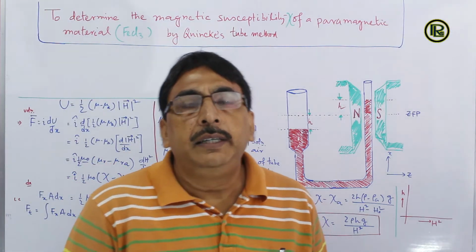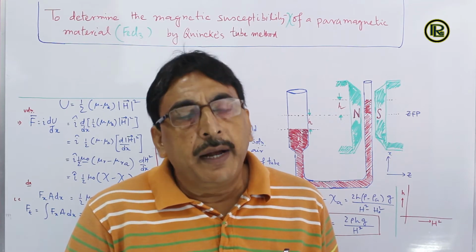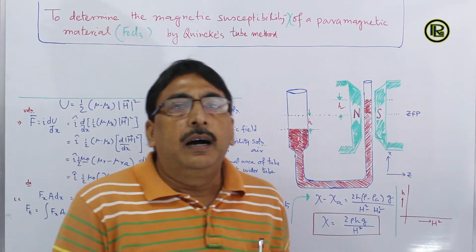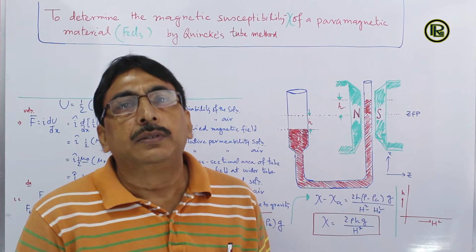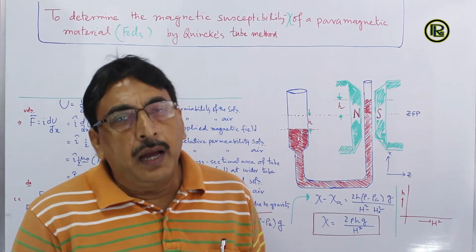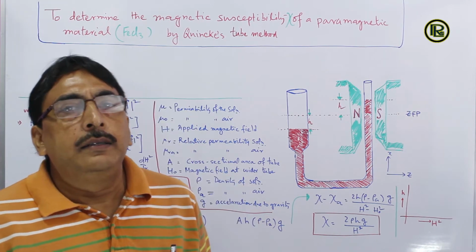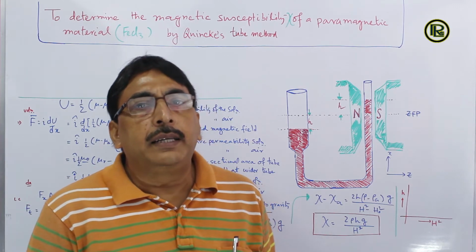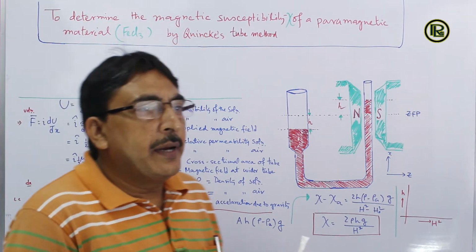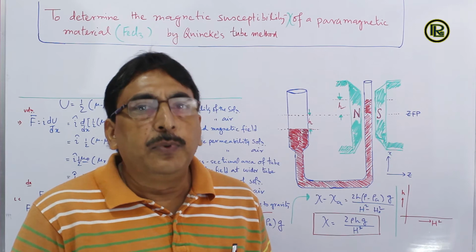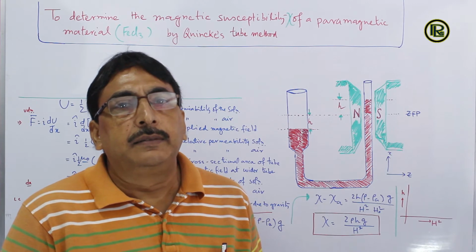Before going into the details of the experiment, let me discuss what paramagnetic susceptibility is. Paramagnetic materials are magnetic materials having unpaired electrons. These materials have a permanent atomic dipole moment, and they are weakly attracted by an external magnetic field. Usually in a paramagnetic material, the atomic magnetic dipoles are randomly oriented. Therefore, there is no net magnetization.